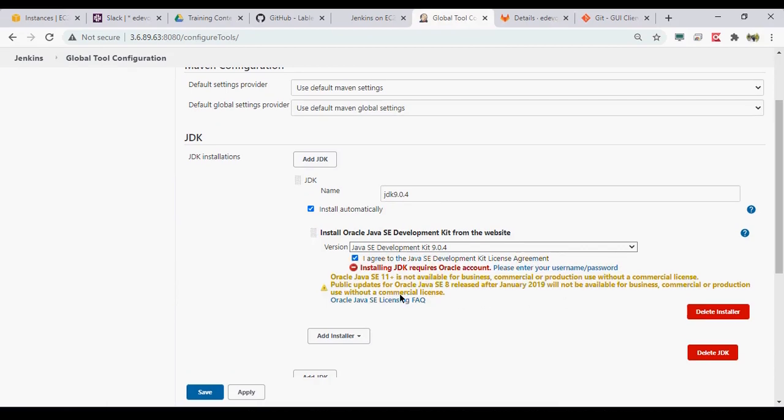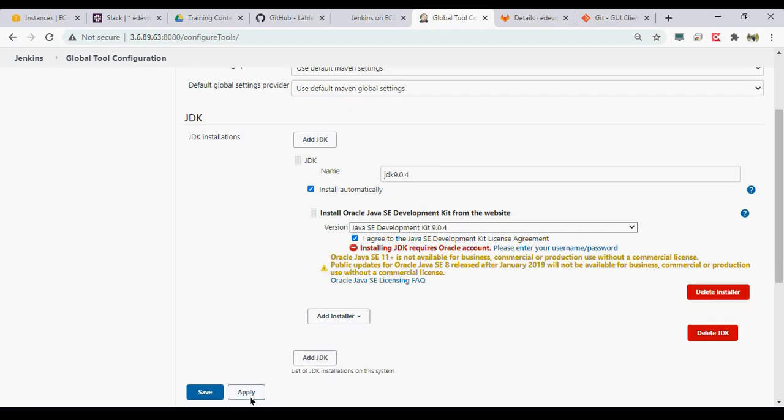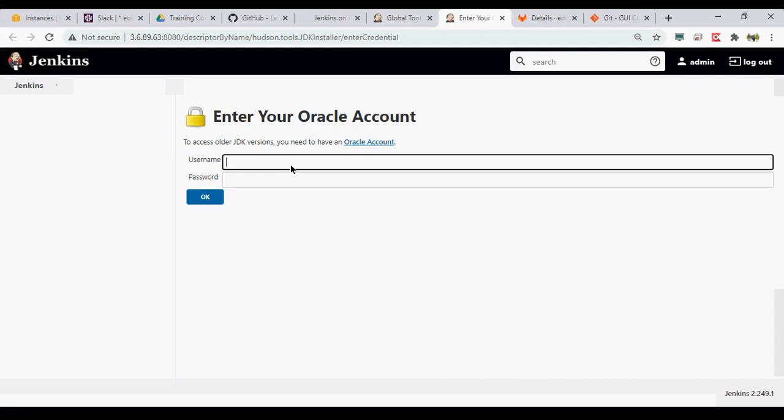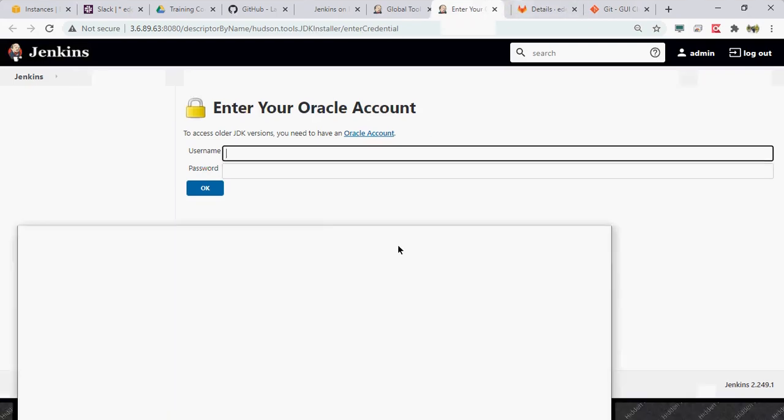But as you might know, you need to provide your username and password, only then can you download it.